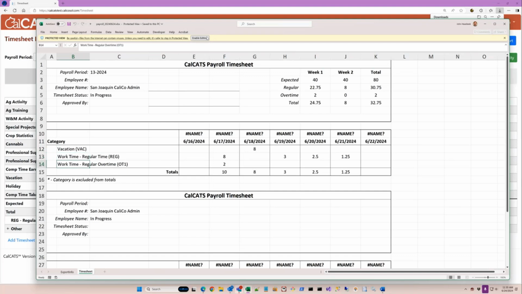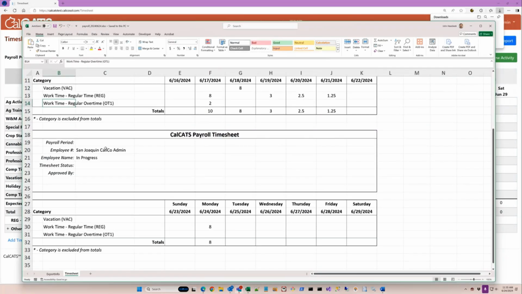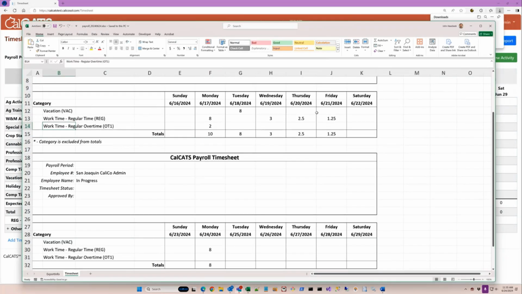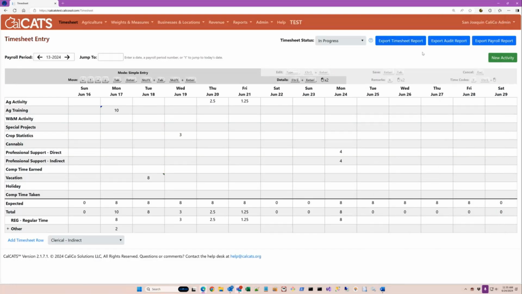So we can set this up so that it makes it easier for you to then transcribe these numbers into your payroll system without having to add things up and roll things up in between the two systems. So that's our second timesheet export. And then the third one